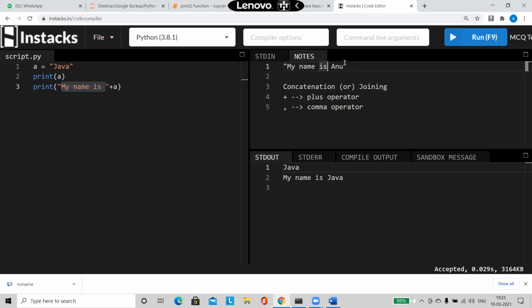This value I'm saying it should come. This is one value and the variable A, whatever value is stored in this variable A, is the second value. So I want to join these both together. How to do that? For doing that, I have two different ways. One is using the plus operator, one is using the comma operator.